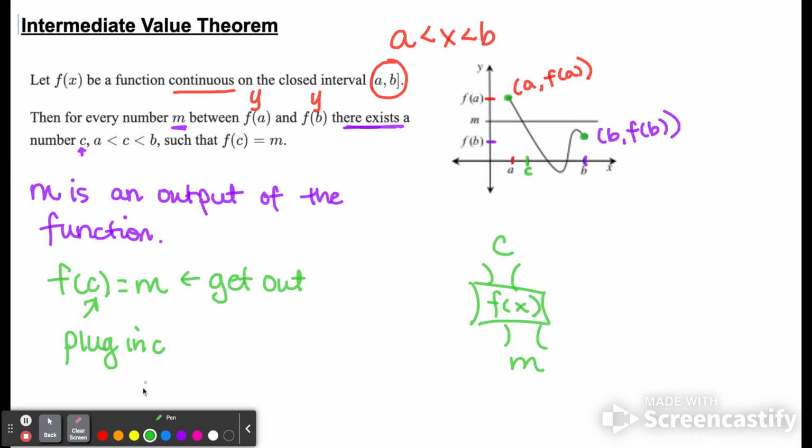Notice it doesn't say anything about the area or the y values that are down here. It only speaks to the y values that are between those points that we were given on the function, between f of b and f of a. It doesn't say anything about the y values that go outside of that range. And so then once again, when we see something like this, we can't just copy these words and this image into our notebook. We really need